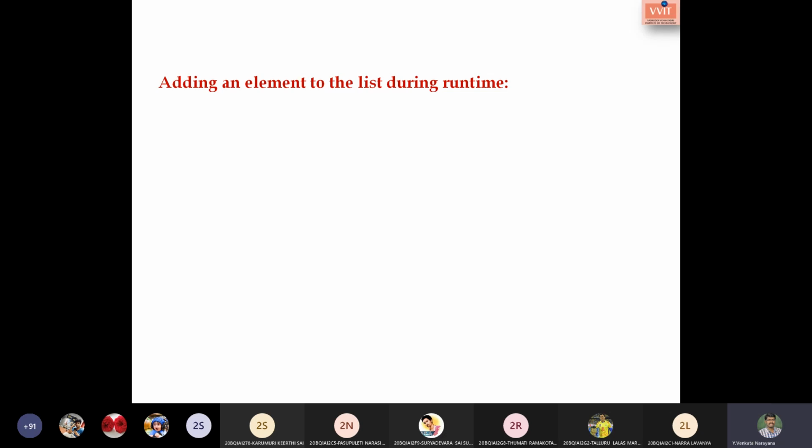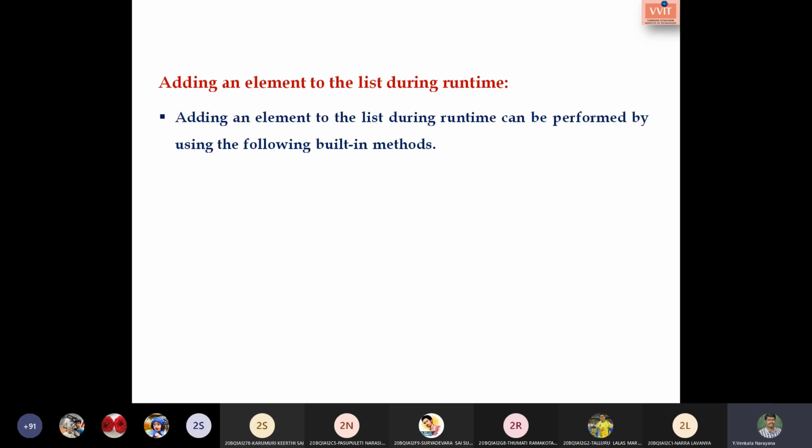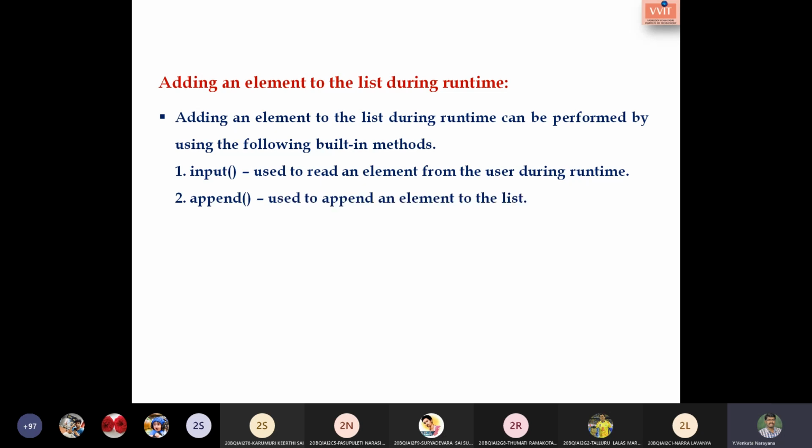So during program execution, we are supposed to add some more elements into the list. This can be performed during runtime by using two methods. The first one is the input function, which we already know, to read the data, and the append method.